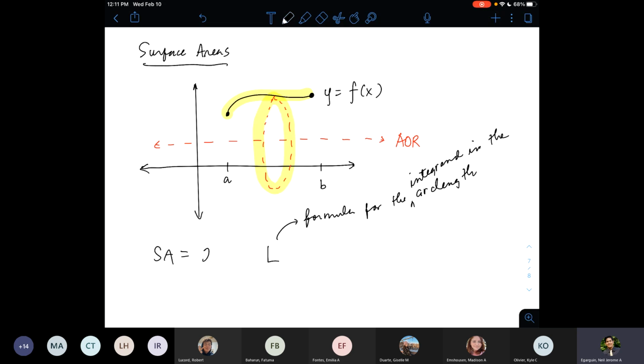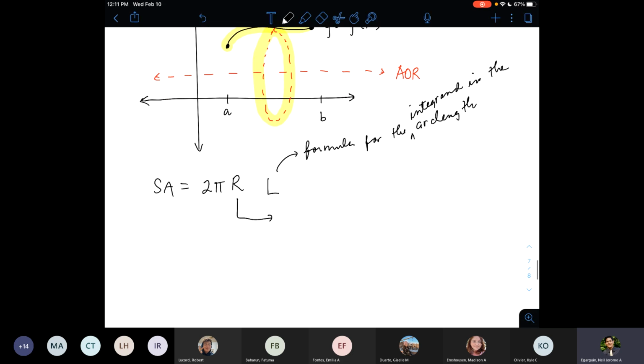So here you will have 2 pi r, which is the circumference of that circle, where r is the distance between the arc and the AOR. Okay, so you measure how far a point on the curve is from the AOR, and that would be the value of capital R here, which